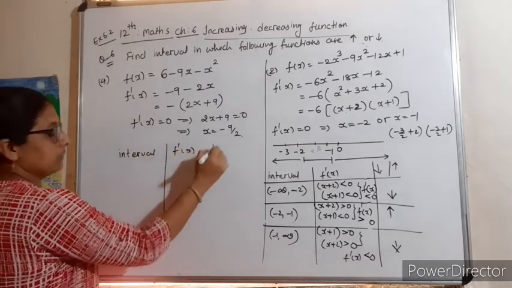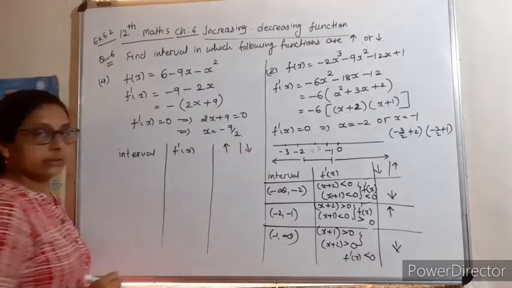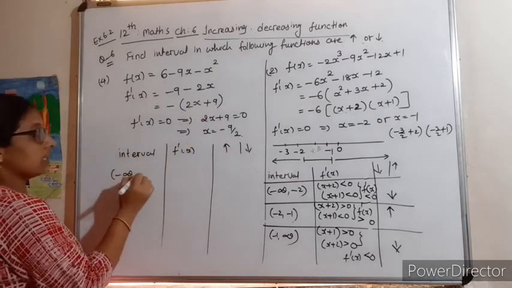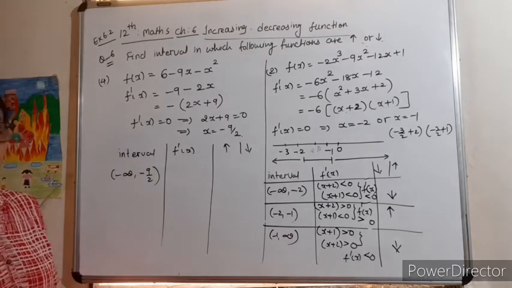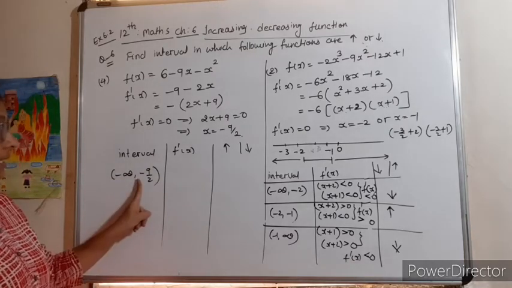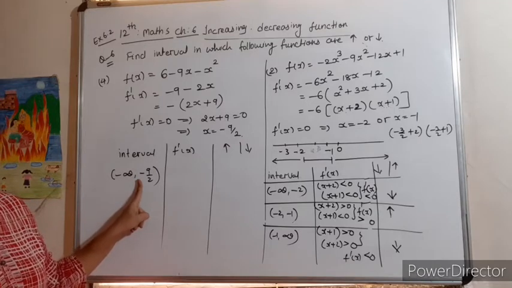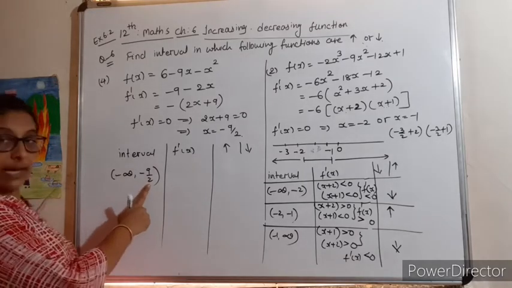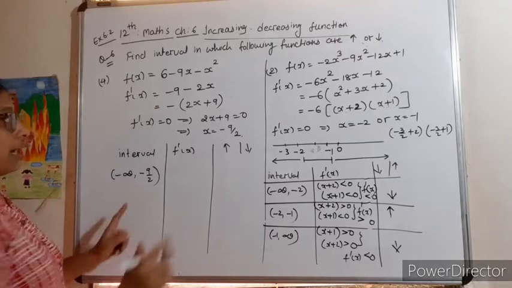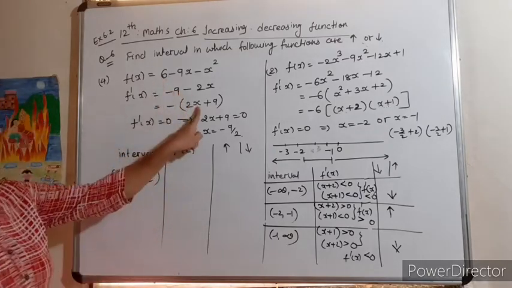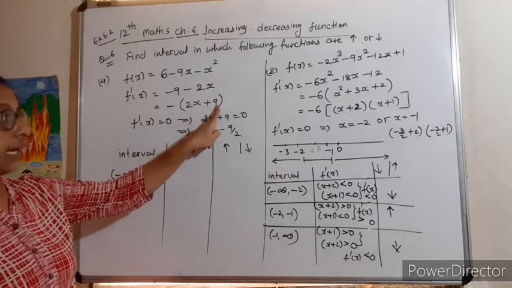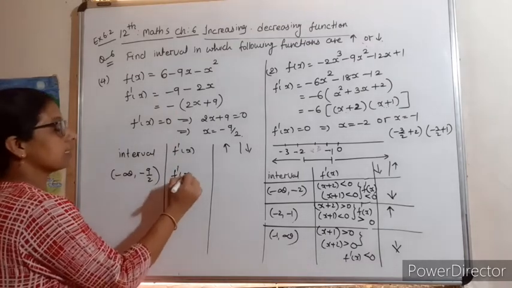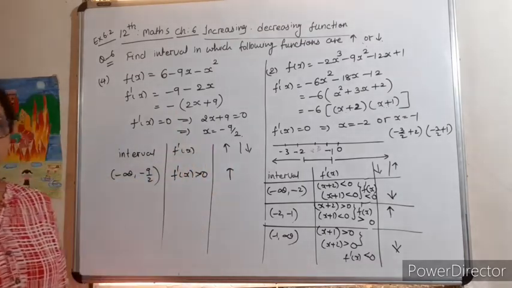Again, we write directly interval because only two intervals are there. Then f dash x positive or negative, increasing or decreasing. Now first interval क्या होगा? Minus infinity to minus 9 by 2. 9 by 2 is 4.5. So in this interval what we will take? Yes, it is minus 5, as minus 4.5 is there. So minus 5 if you write here, minus 10 plus 9, minus 1. Minus 1 in this is also minus. So f dash x greater than 0, it is increasing.